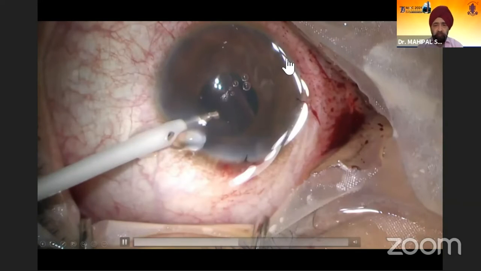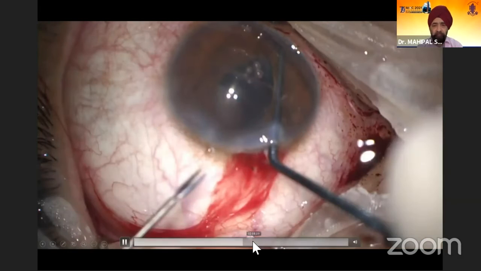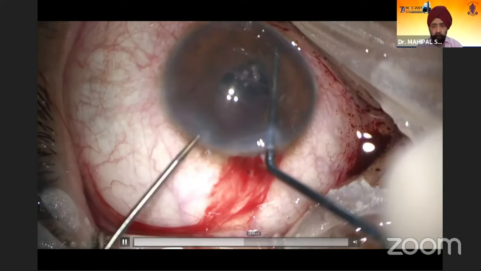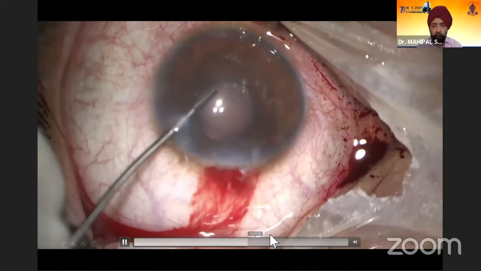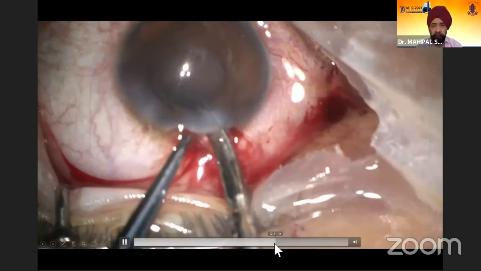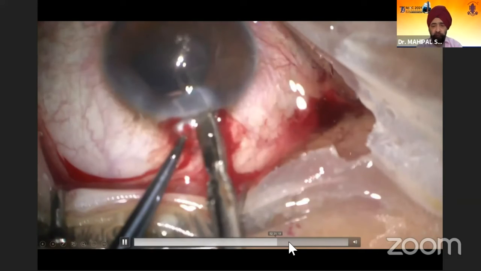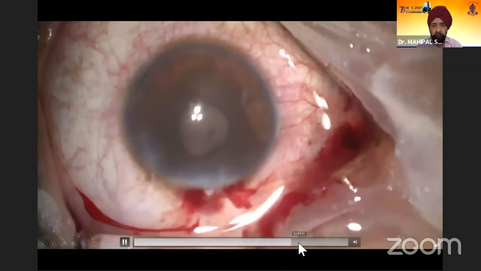And you can see that the IOL is going down. So we have a problem. So we retract the iris, go in with a forceps to hold the lens, and we are able to hold the lens. You can see the haptic, and then we will enlarge the incision slightly, cut the lens into half, and you can see I have a small pupil now, and that's a problem that is there.